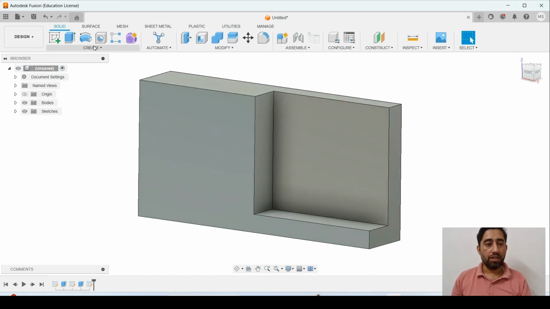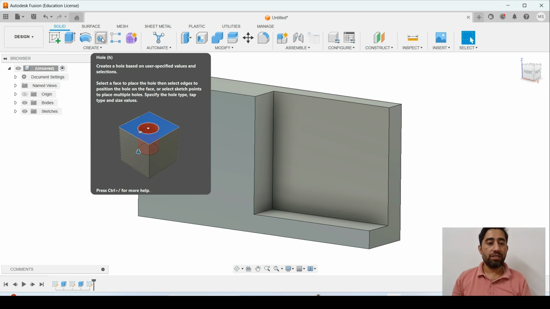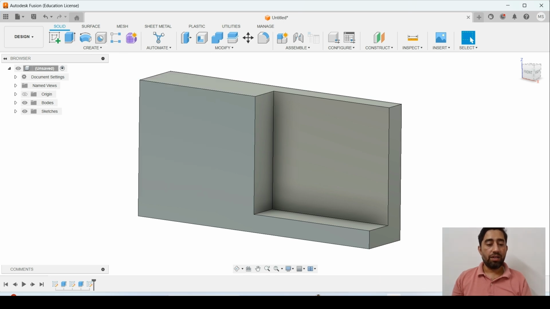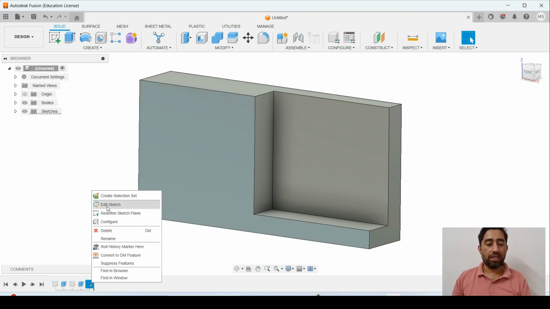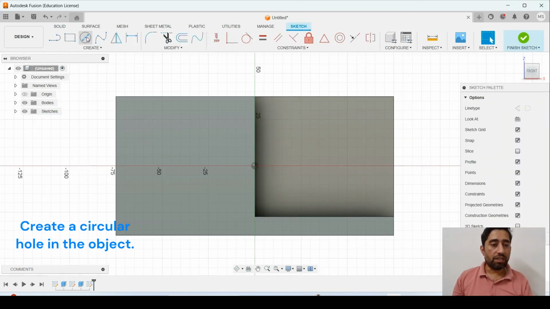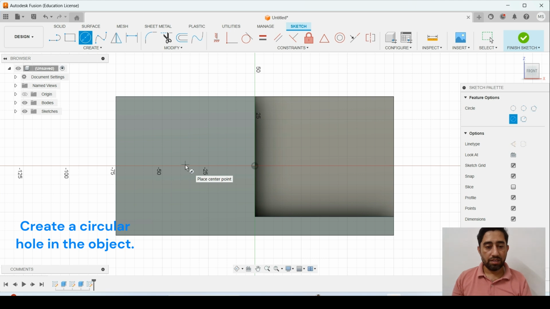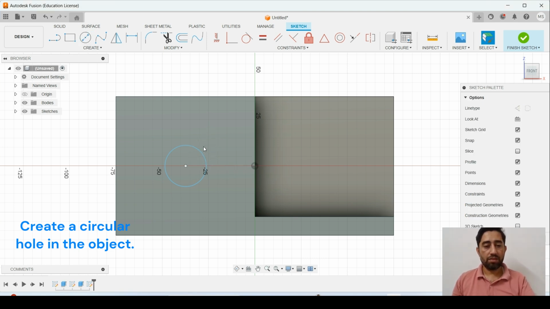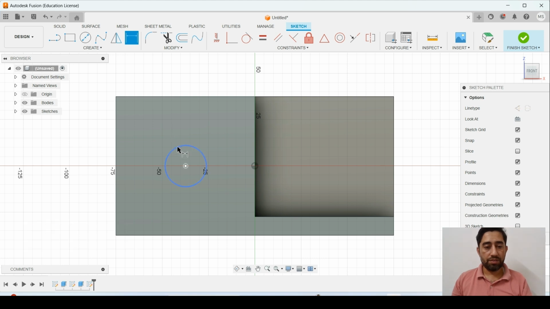First option, we can go to hole wizard and directly make a hole. The other option is this sketch mode which we have just started. So select center diameter, make a circle at the appropriate position of 30 mm, give dimension,